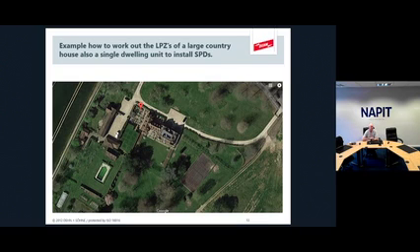So let's have a look at an example. This was a very nice country house. It's got some outbuildings there. And because it's a listed building, it did have lightning protection on the roof. So when a contractor approached me to have a look at the SPDs required for this, I was very happy to help. The first thing we need to see, after we know whether there's lightning protection on the roof,